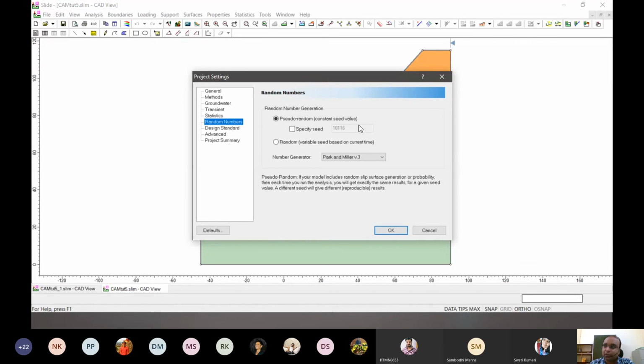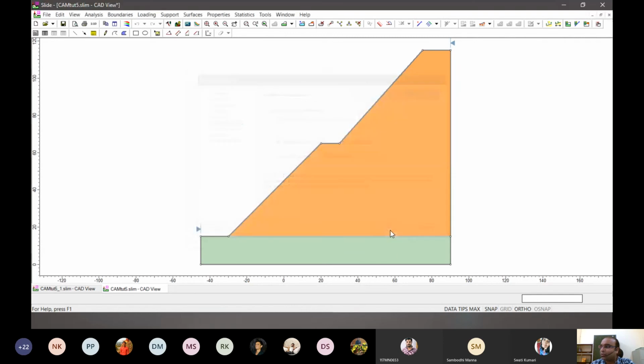So that is why when you analyze using pseudo random variables, every time, the probability of failure and the factor of safety will remain quite close to what we got each time we analyze it. But if we do it for actual random variables, there is a rand function that is there. There are other ways as well. If we analyze that, each analysis will actually reveal a different set of variables.